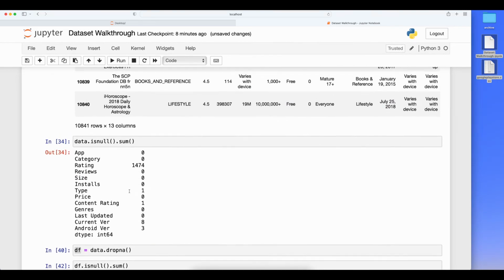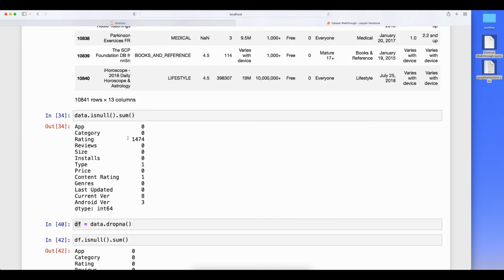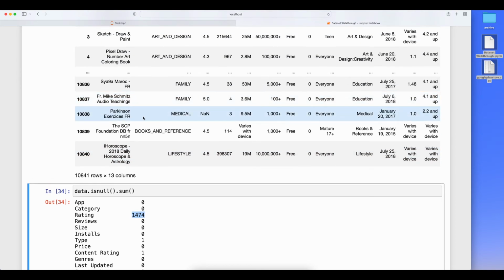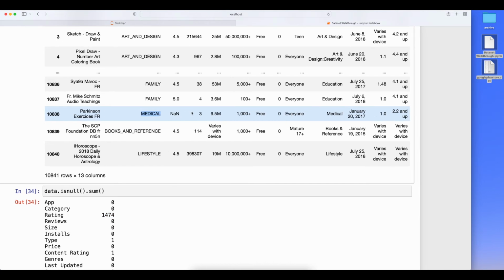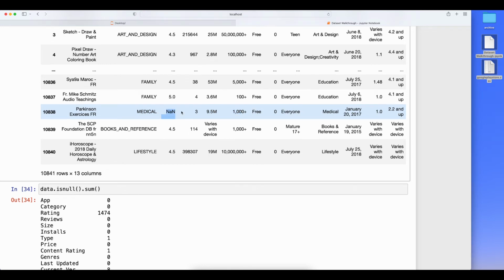This is the very basic approach that you can use, but with it we need to get rid of a lot of values, right? For example, in one application we do not have the rating. For this example application, we know that it is from medical, it has 3 reviews, this is the size of the application, and these many downloads. I have everything, I'm just missing the rating. That doesn't mean I can remove that application from the data set. It is not up to the mark, right? So this is why we need to take care about what we need to take and what we need to leave.